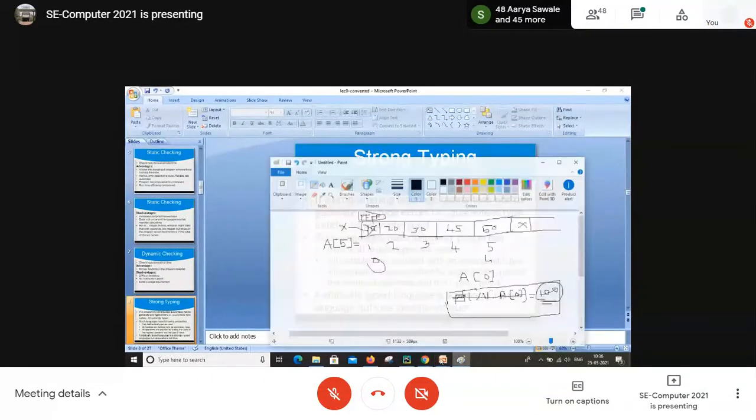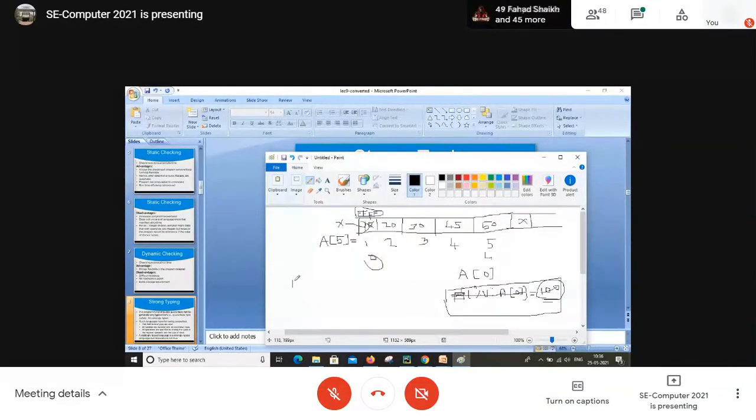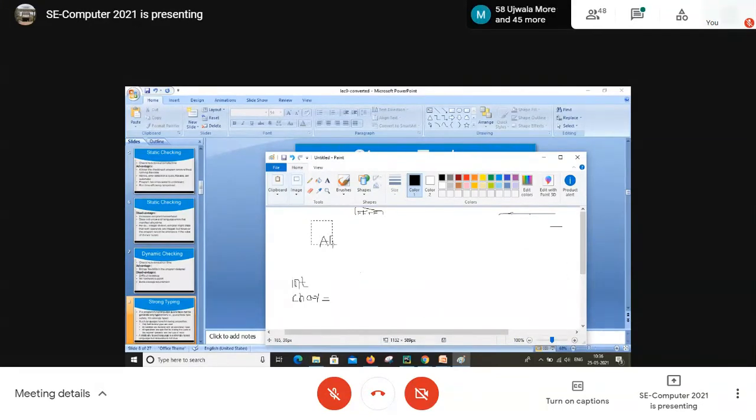For example, if I write integer, everyone knows the size of integer. If I write character, everyone knows the size of character. Then and only then use that data type. Otherwise, you cannot use that data type. If I'm using that data type and you don't store the data properly, then it is very difficult. Now, what is the confusion? I will give you an example here. A very simple example we will take for an integer as well as a character.